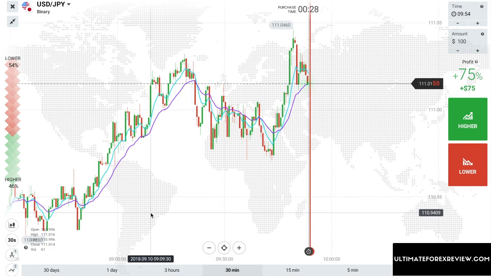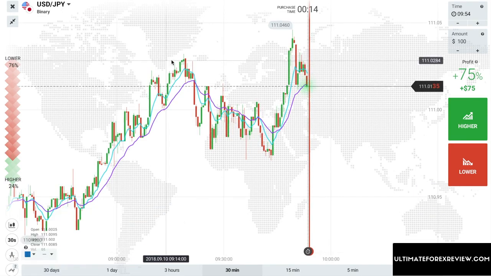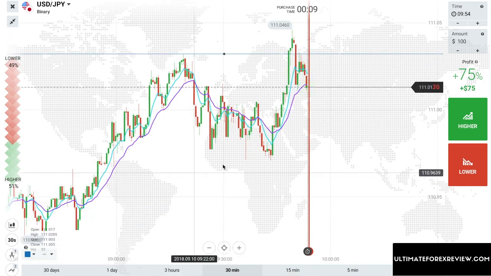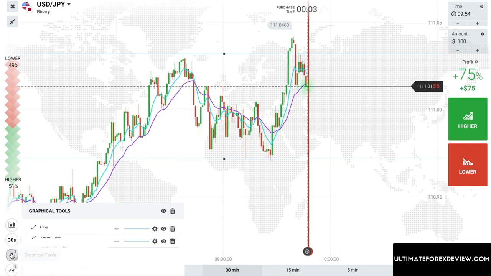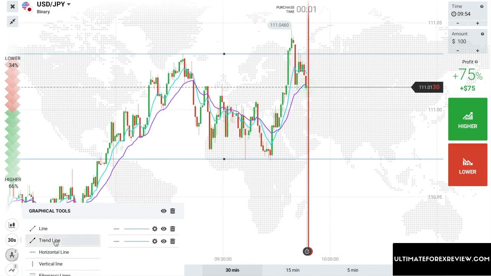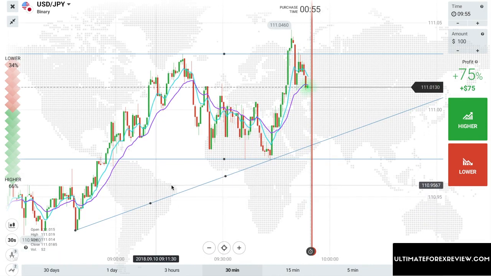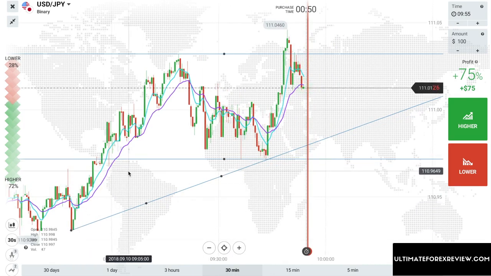So the first real tip that I'm going to give is to use price action. Learn price action. By price action, I mean support and resistance. So, for example, there's a nice resistance level, and here's a good support level. So support and resistance, and then trend lines. I'm doing this very roughly, I'm not really focusing on it, I'm just doing it for the purpose of the video. Trend lines, and then the trend as well.